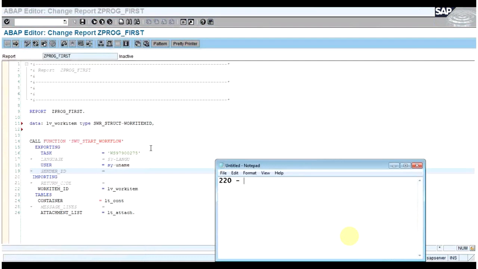So now you can see my screen, right? Okay, fine. Just give me a second.